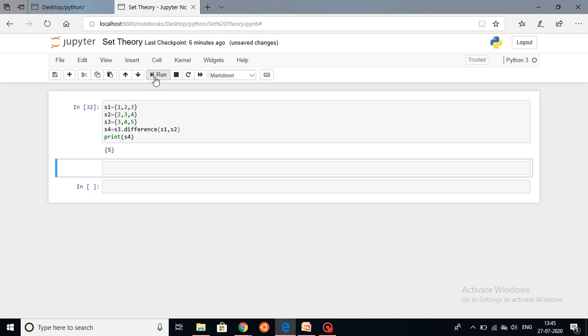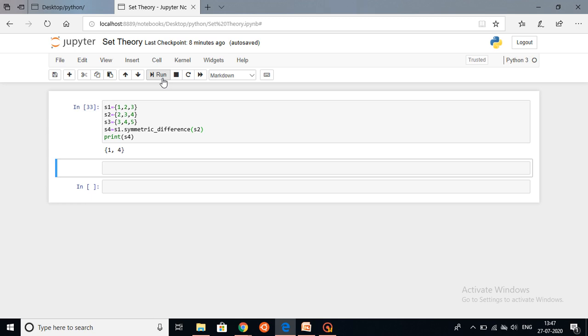Now let's talk about symmetric difference. The symmetric difference allows you to compare two sets and get all of the differences between both the sets. When we saw the examples in which we were comparing S1 and S2, we were getting results for one of the sets with respect to the other. So if we want a set which shows the values that are not in both the sets S1 and S2, we will simply use the method symmetric difference. As we can see, the output is 1 and 4, and if we interchange S1 and S2, we will still get the same output.